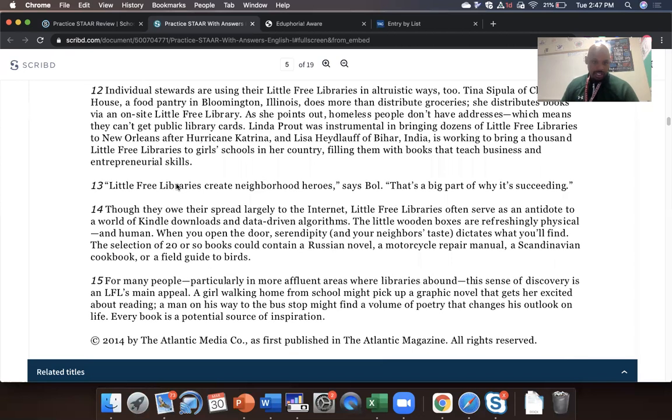Now we take a look at 14. The little wooden boxes are refreshingly physical and human. When you open the door, serendipity and your neighbor's taste dictates what you'll find. A selection of 20 or so books, so on and so forth, right? So